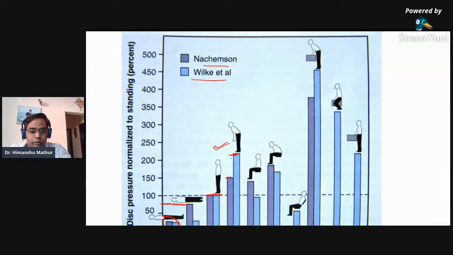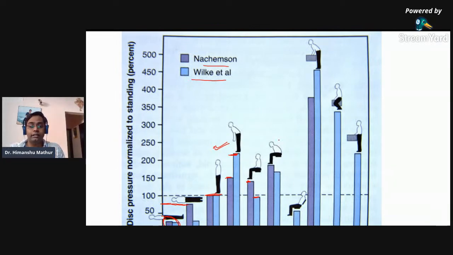So eventually it is somewhere between this. Talking about sitting, normal sitting, or you can say an erect sitting position, right? In the erect sitting position also, it is quite more than 100. So Wilke tells you that it is a little less than 100, but Nachemson tells you that it is more than 100, right? So eventually it has a greater amount of intradiscal pressure when you are in erect sitting